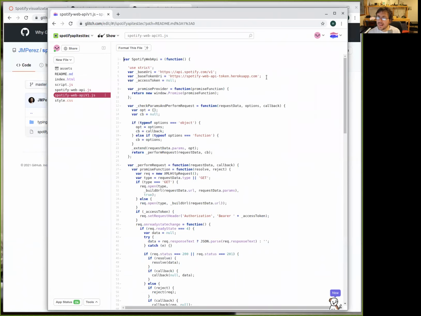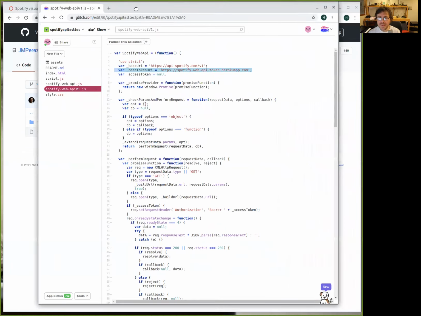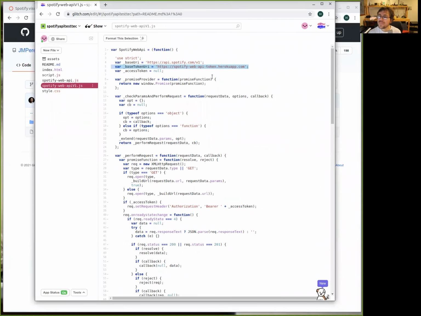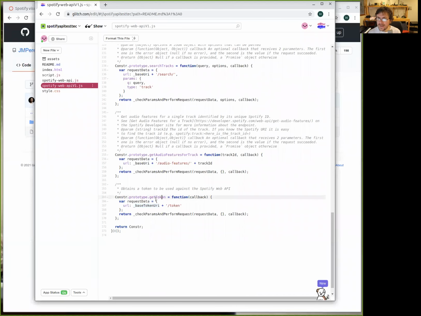And then I realized that in our initial version, the developer, who now works for Spotify, called JM Perez, created this small link in his library called base URL. And then he created a function called get token, and get token is connecting to the base URL, and then it's getting the token.